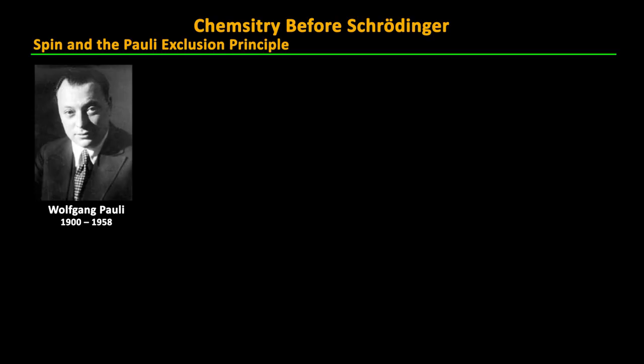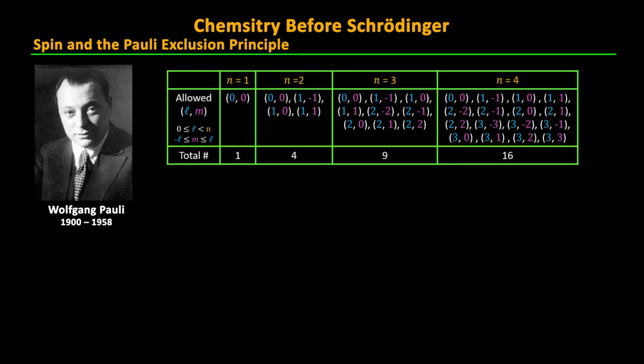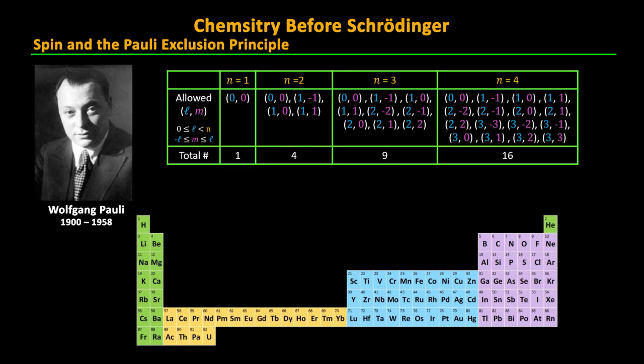At this point, two curiosities came together for Austrian physicist Wolfgang Pauli to explain with a new theory. The first was that if you add up the possibilities for unique combinations of the three quantum numbers, you get tantalizingly close to explaining the structure of the periodic table. The number of allowed permutations of quantum numbers increased as n squared, one solution for n equals 1, up to 16 solutions for n equals 4. But the number of elements per row in the actual periodic table was somehow always twice as big as a square number: 2, 8, 18, 32.